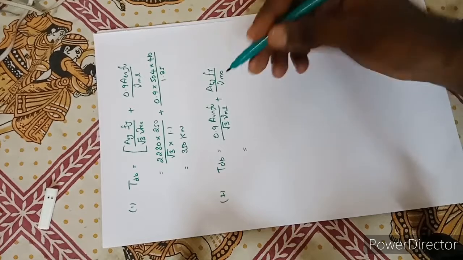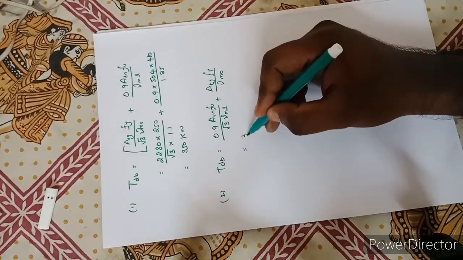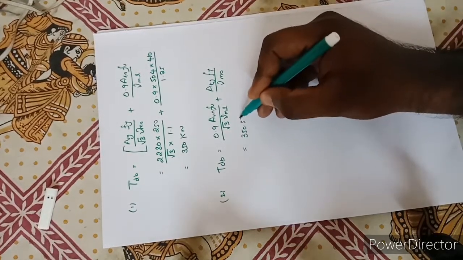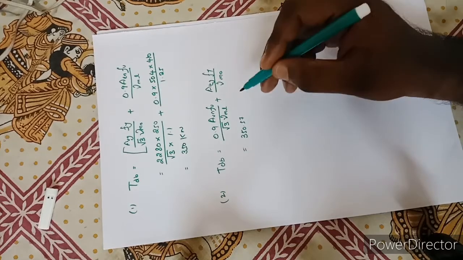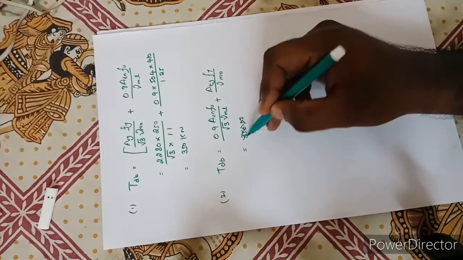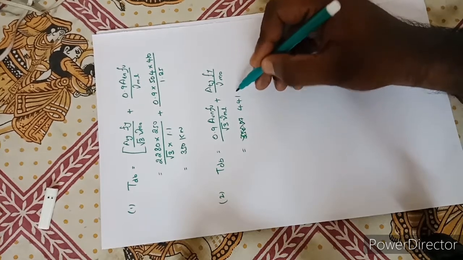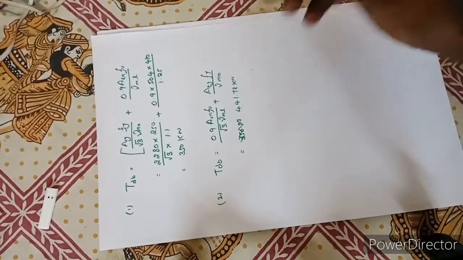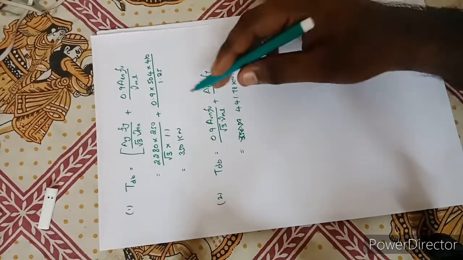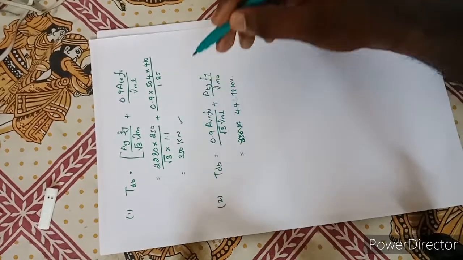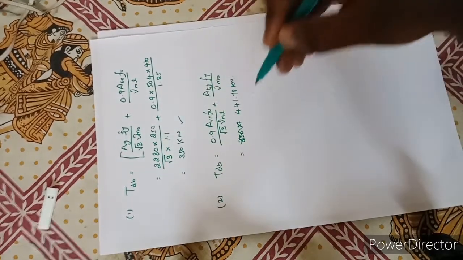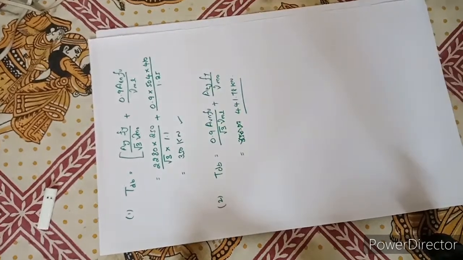So substituting all these values we get 441.78 kilonewton. So picking up the least value while considering block shear, we have 441.78